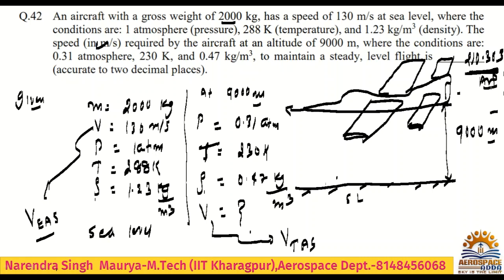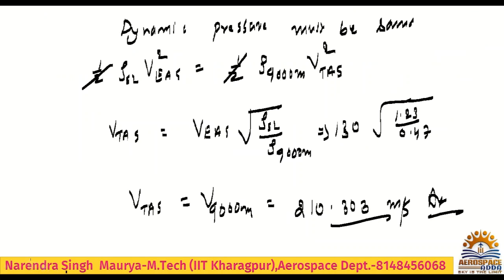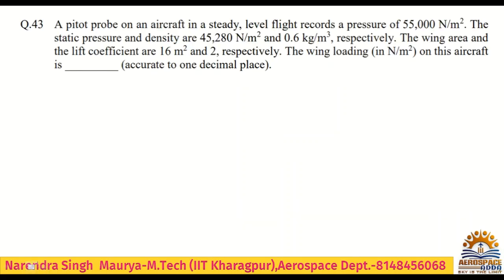It's simple, because based on this true airspeed and equivalent airspeed, I think you have solved more than 3 problems, or maybe this is the third problem. In GATE, I told you many times, a similar kind of problem is asked with different data. The question is not going to repeat 100%, but yes, the concept will be repeating. Okay, that problem is done.